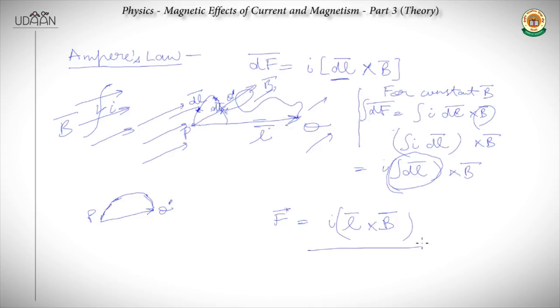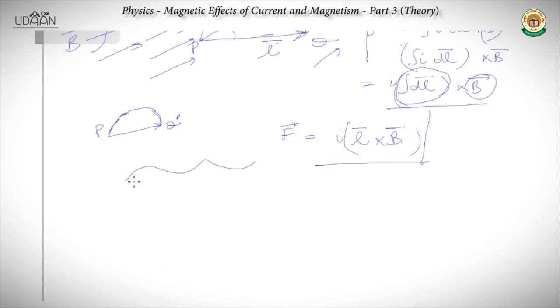But this has to be kept in mind: we can apply this integral dl vector only when B is constant. Or let's say that there is a wire. This is P, this is Q. Current is also constant, flowing with I. It is kept in the xy plane, and say the magnetic field is given as B naught x I cap. So in this case we cannot just write down the whole wire